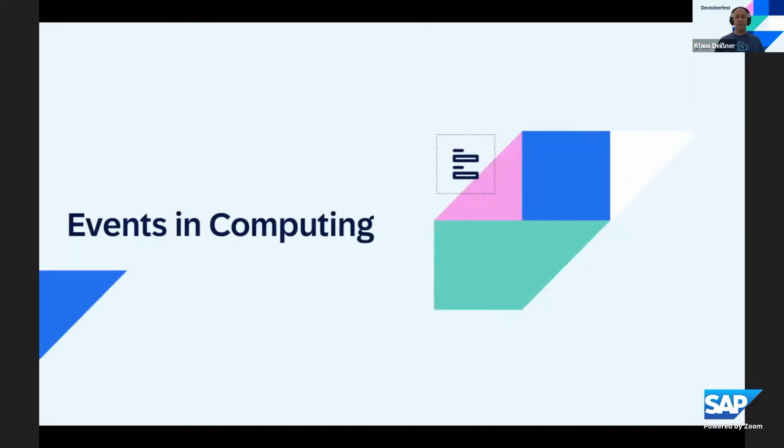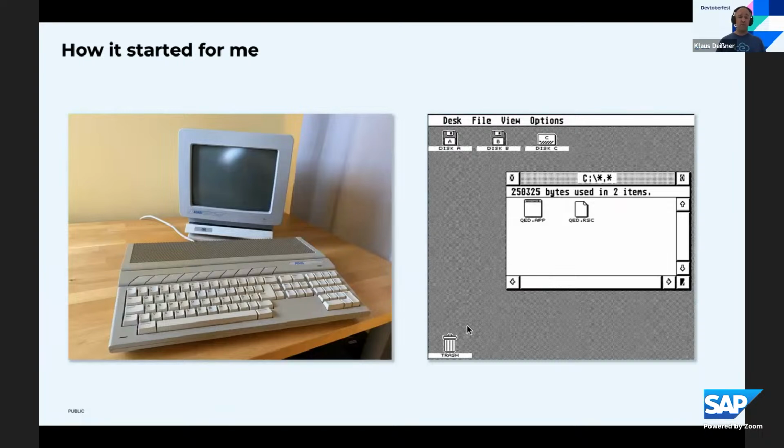But let's get back to events in general, events in computing, and how this started for me. Quite some time ago, in the last century, I think, I started my programming journey with this computer. It was actually my dad's computer, but I quickly wanted to find out how to do more with this, how to write programs.